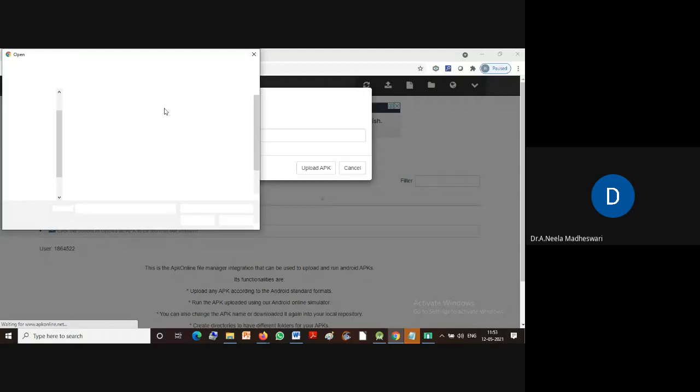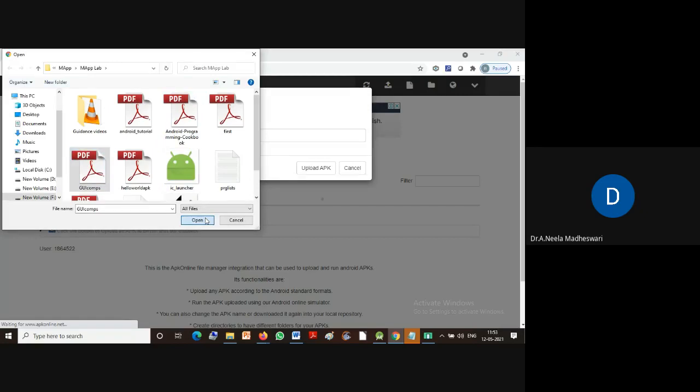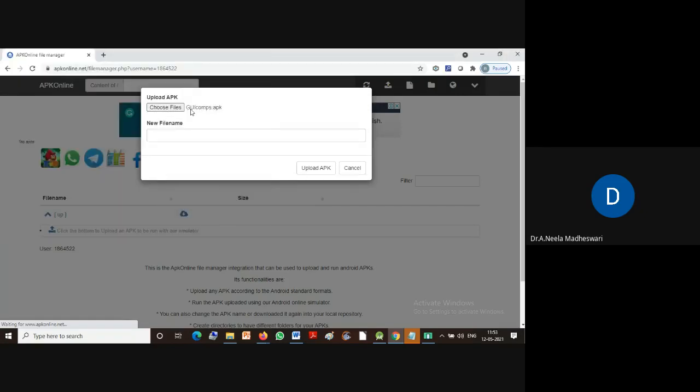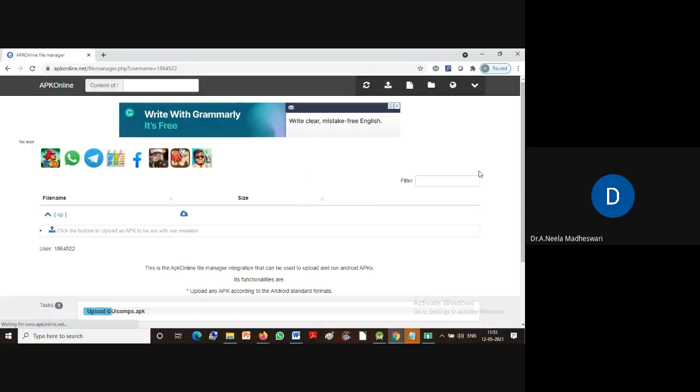So let us choose our APK file. GUI components is our APK file. Now you can see the name of the file is guicomponents.apk, right? So let us upload. You will see the progress bar of the uploading option over here, right? Finally, you will be getting the APK file listed over here.